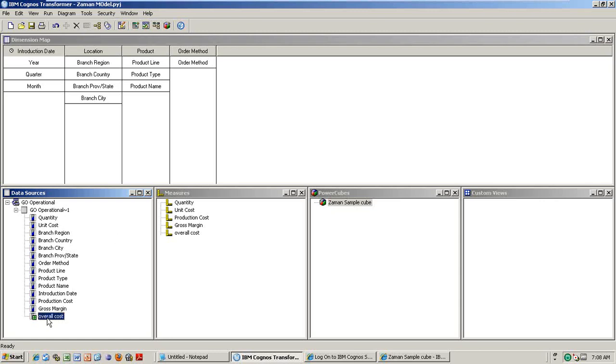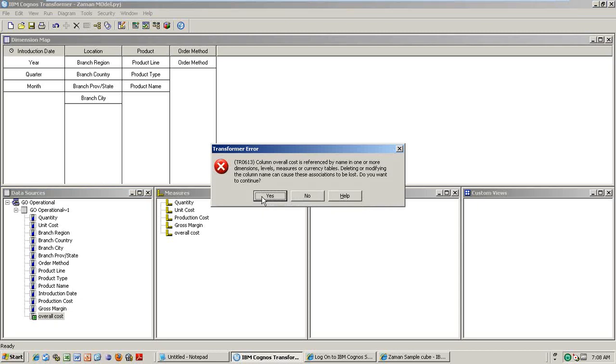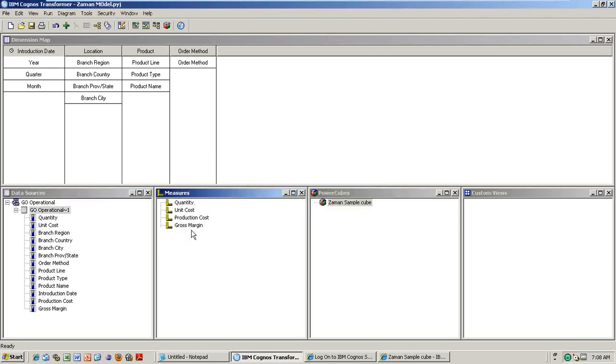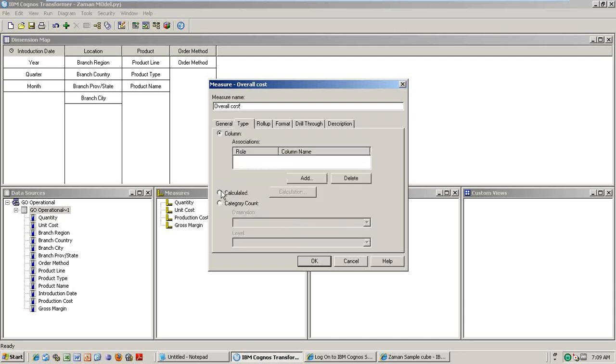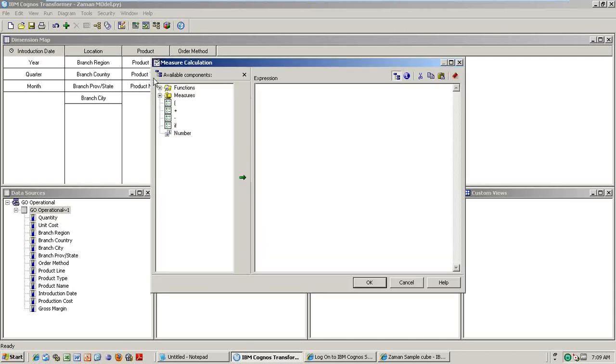But normally we will not do it here, because in the measure itself you can insert a measure, overall cost, calculated. You can drag this one, same thing.